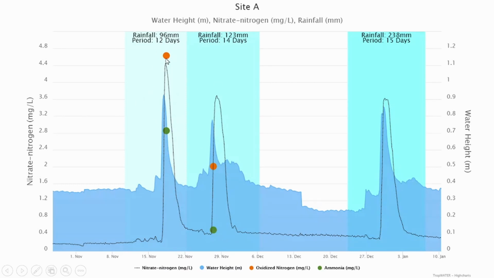But just to let everyone know, we are also collecting more traditional, what we term discrete or grab, water samples every few weeks or even more frequently, depending on the situation in the field. These are sent back to the laboratory and analysed in a traditional way. When we get the results back, usually a couple of months later, we can plot them here against our